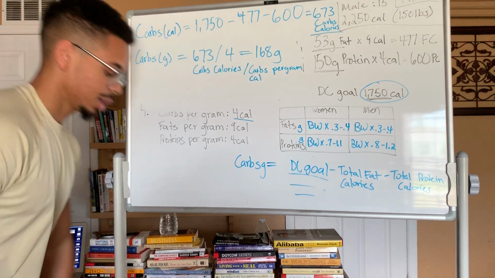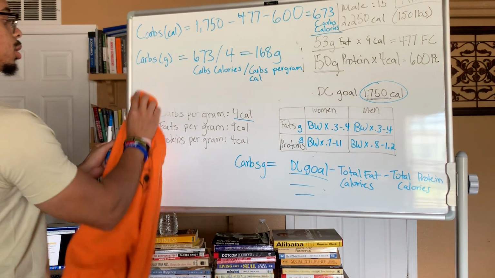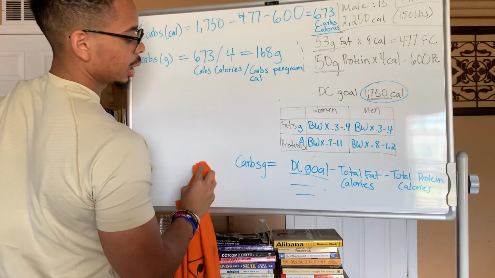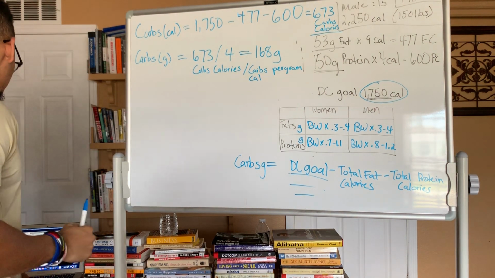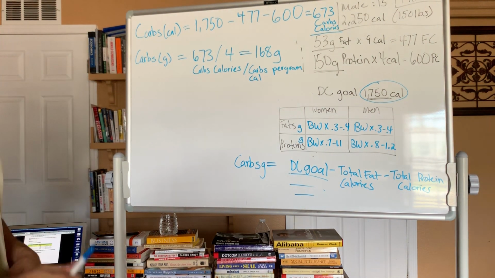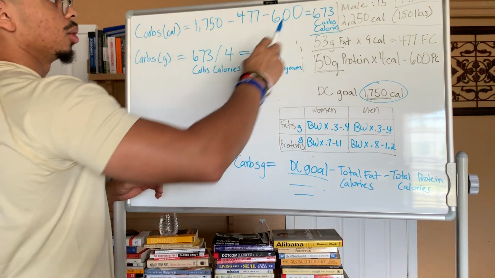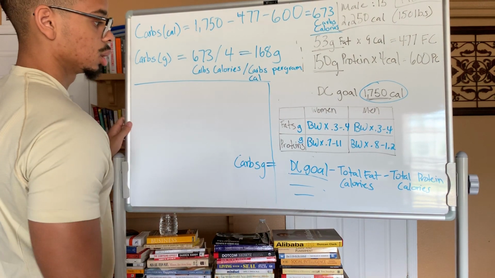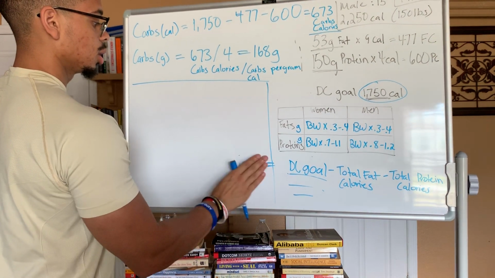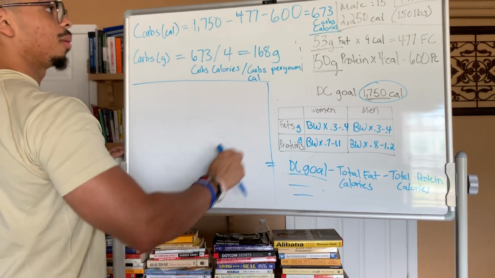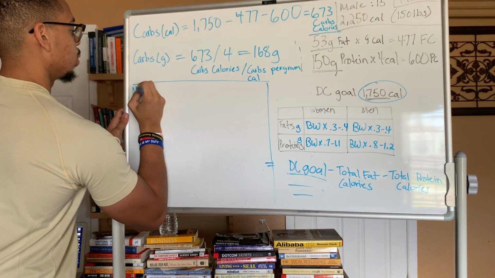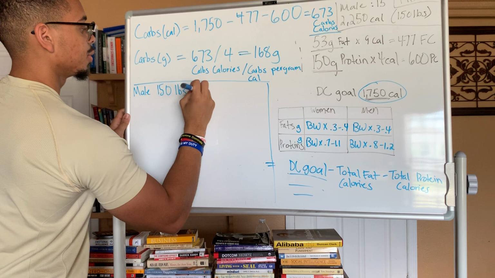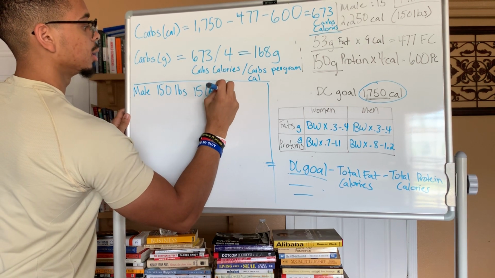So I'm going to go ahead and erase all this so I can make it a lot clearer now, and then we'll keep that formula. All in all, we have all of the information we need to get there. So for a male that weighs 150 pounds, he's moderately active, so 15 moderately active,